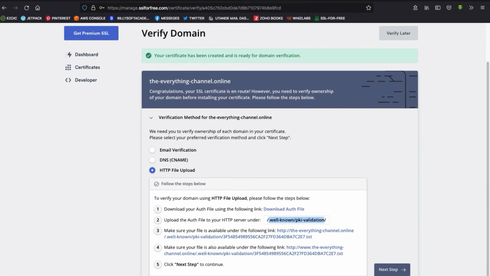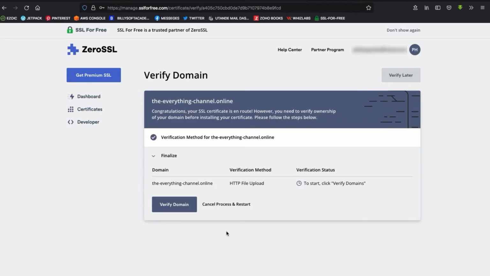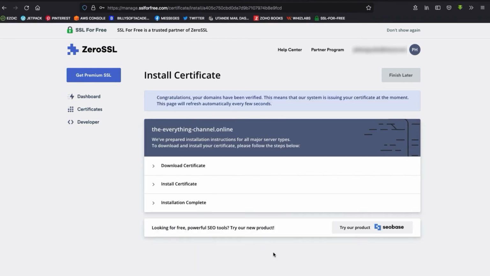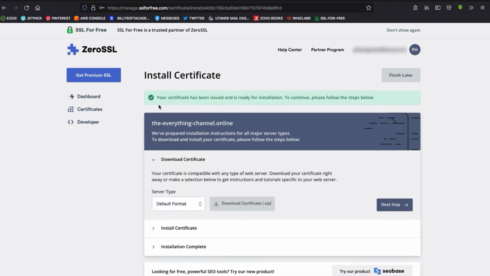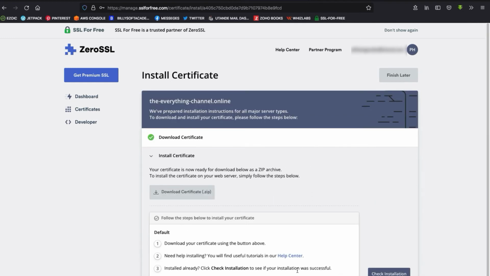So once it's done copying, you go back to SSL for free and then click on next, and then click on verify domain. So it's now verifying the domain, and then you should see a green message here. Actually, what's happening now is the system is issuing the certificate, and once it's done, it should display this green successful certificate creation message. So once this happens, click on install certificate